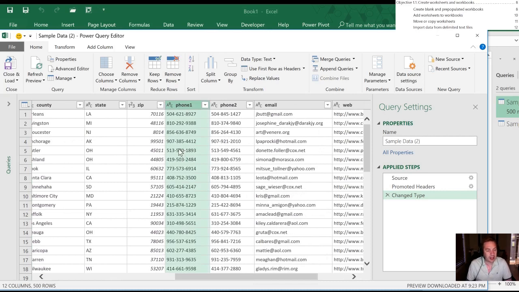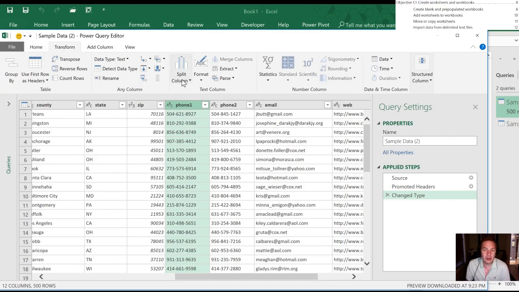So let's say, for example, that I needed information based upon area code. So I have a list of customers here, but I want to be able to sort or filter them based upon where their phone number is located. But yet, in this file, it's all together in one thing. It would be tough for me to sort because Excel would assume that each of these phone numbers is unique, which they are, but it wouldn't allow me to group just by the first 3 digits. So what I'm going to do is I'm going to select transform,